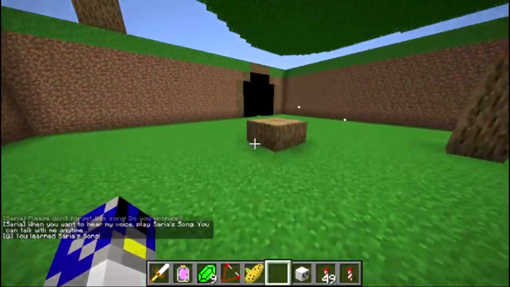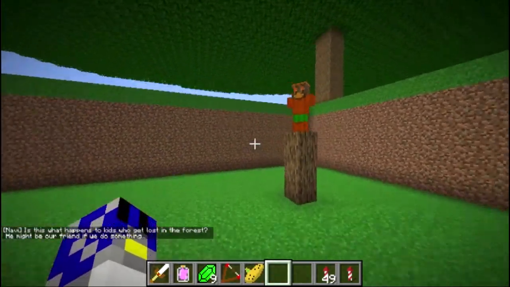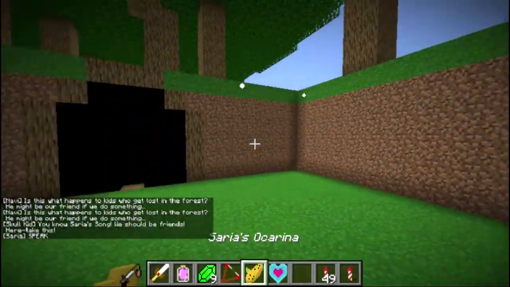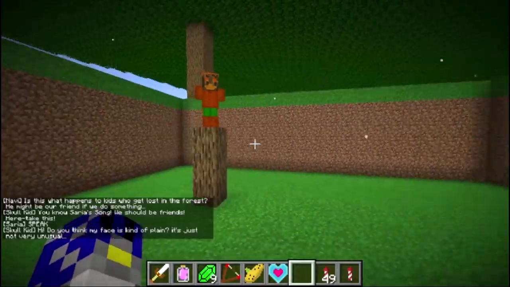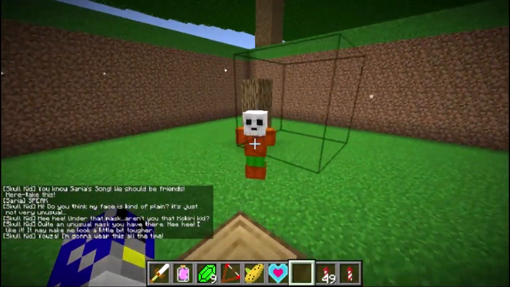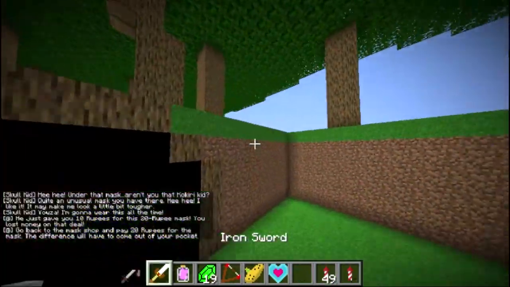Now the reason you have to do this first is because if you try to put on the mask beforehand, he won't talk to you. However, if you become friends with him first by playing Saria's song, you will get a heart piece, and then he'll talk to you when you come up. And then we put on Skull Mask, and then we'll get the cutscene. So we get only 10 rupees for the 20 rupee mask, and we can go ahead and come back to